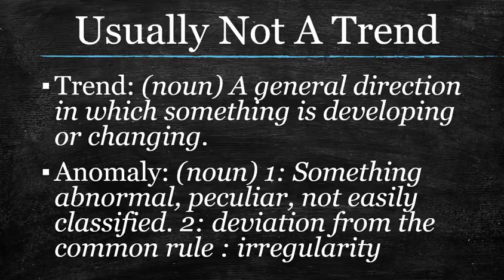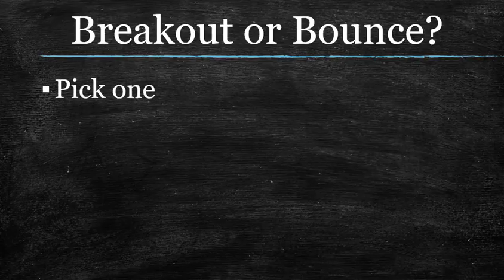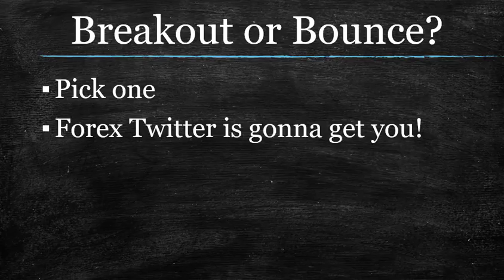Now, I want to reiterate this for those of you who do use trend lines and do look at other people who also use them. They always get you because you never know if it's going to break out or bounce, and they don't either, but they always look like they do. So first off, if you're going to be a trend line trader, pick one. Either be a breakout trader or a reversal trader. What do you ultimately want that trend line to show you? Because if you don't, and the people you follow don't either, you are going to get played because they do the same thing every time.